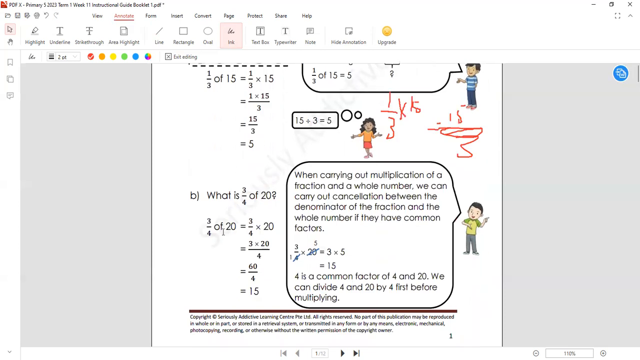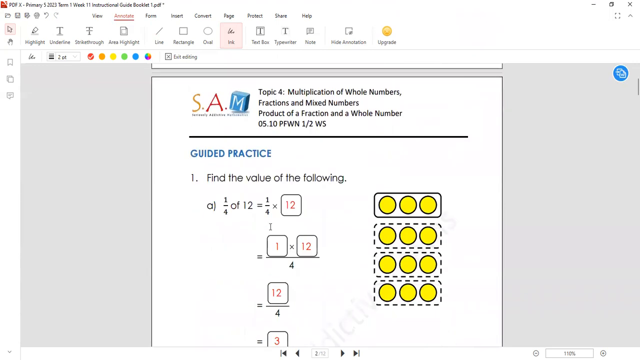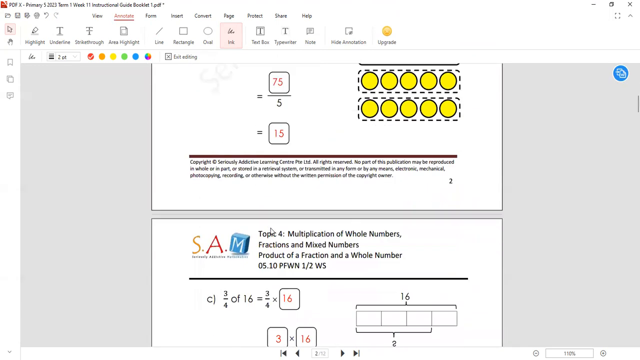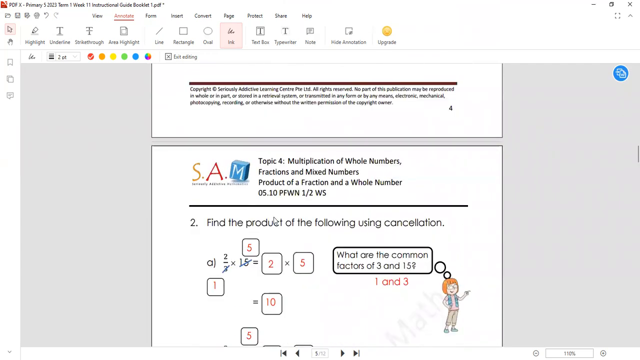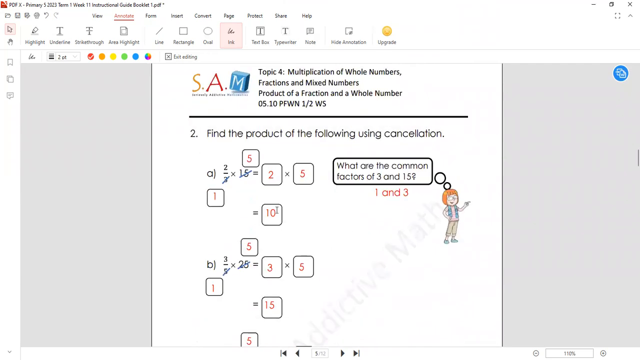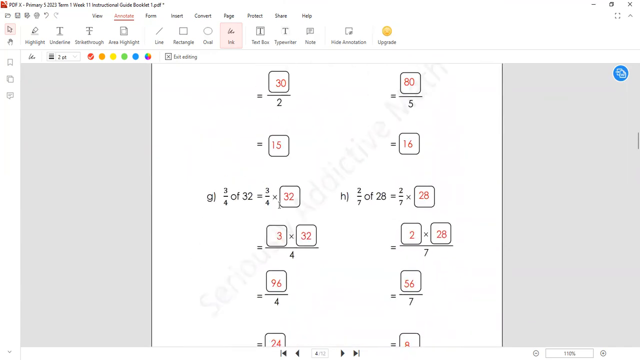Same thing here. What if it's 3/4? It means 3 out of 4. So it's 3 times 20 divided by 4. I think this is quite easy to understand. And what I'd like you all to do is basically just to skip some of the guided questions with them and move to